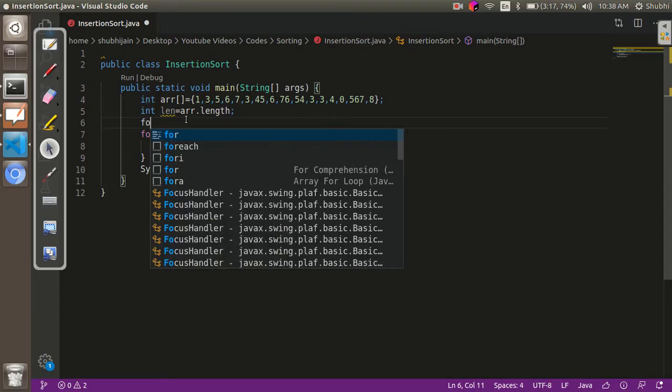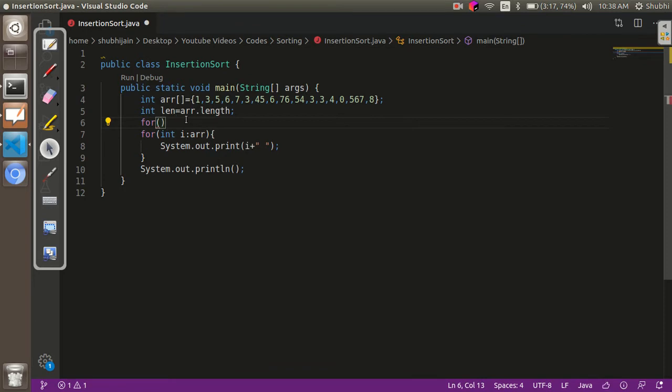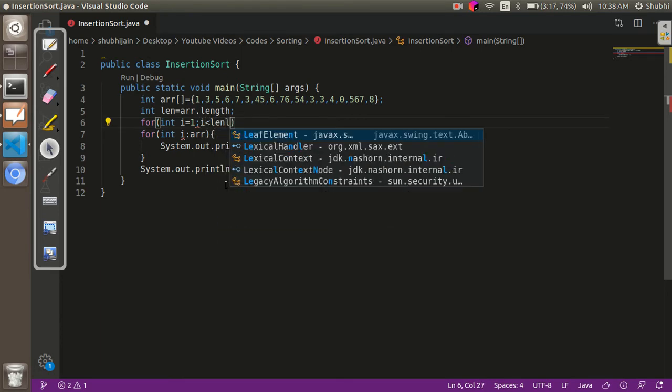So first we know that for the initial part, for the first pass, we are going to take our element 0 as the first part of the array. So now I have to place the numbers from element 1, the index 1 to length, in my first half.